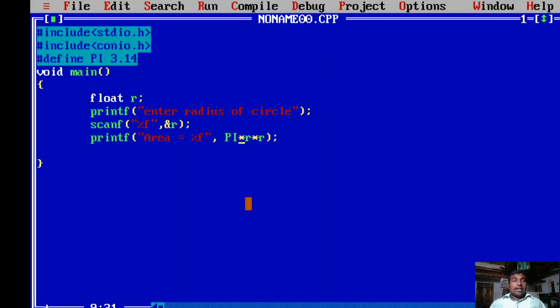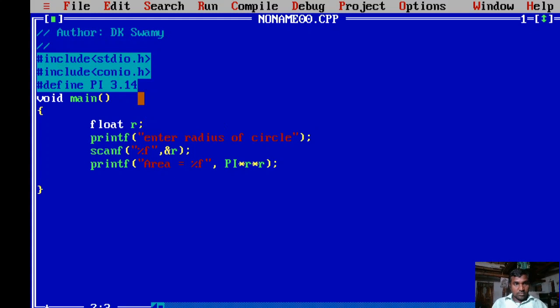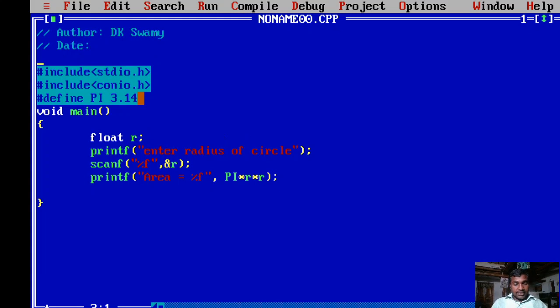So here in this program, we are not writing any documentation section. So try to write the documentation section. Author: DK Swami. Date: try to write today's date.